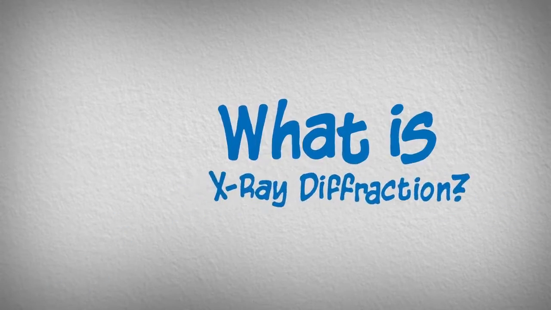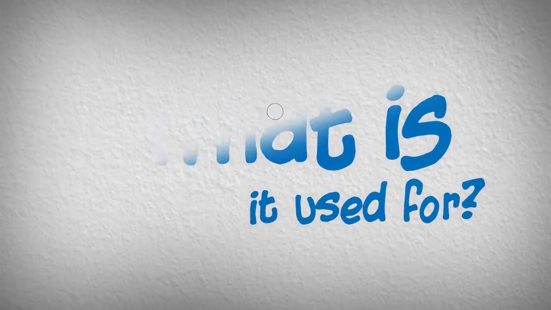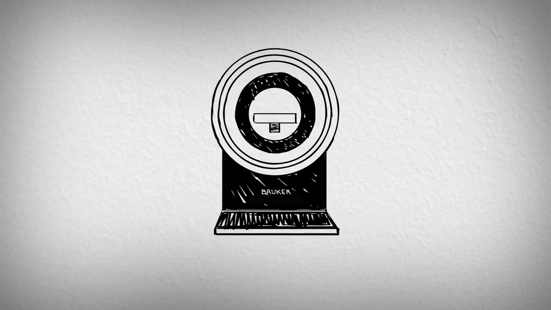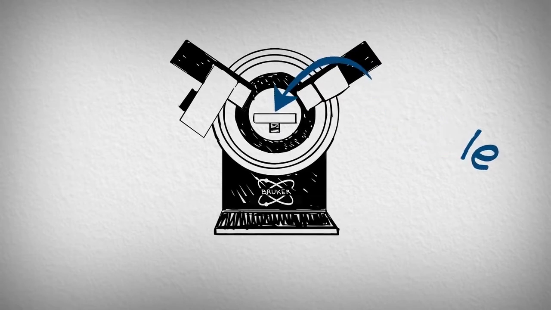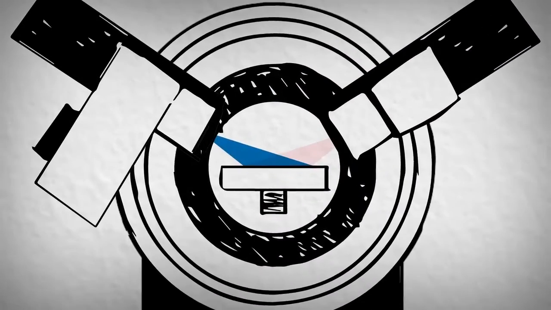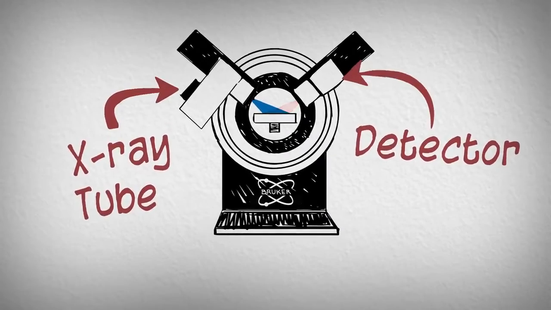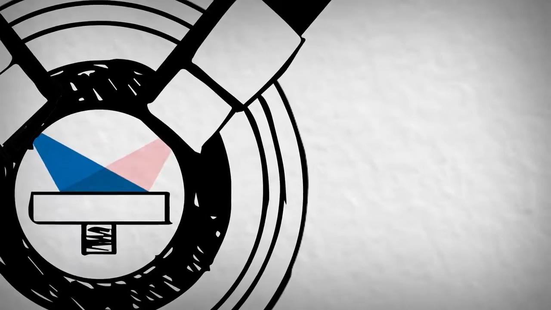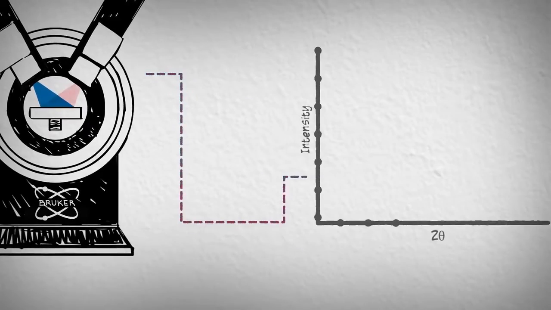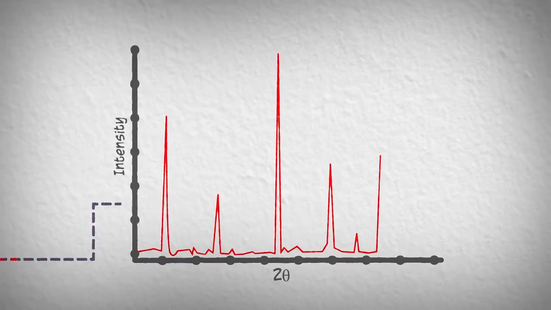What is X-ray diffraction, and what is it used for? In an X-ray diffraction experiment, a sample is placed into the center of an instrument and illuminated with a beam of X-rays. The X-ray tube and detector move in a synchronized motion. The signal coming from the sample is recorded and graphed, where peaks are observed related to the atomic structure of